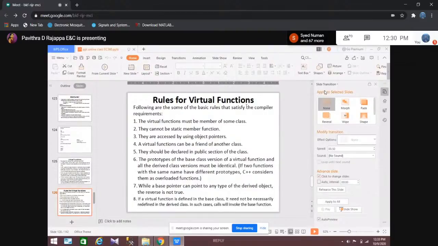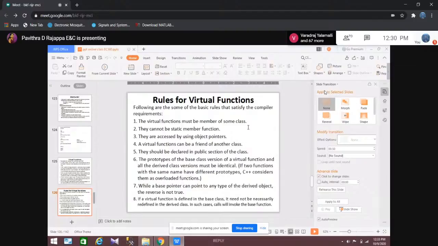Virtual functions must be members of some class. So we can declare a member function virtual, but that member function should be a member of a class.